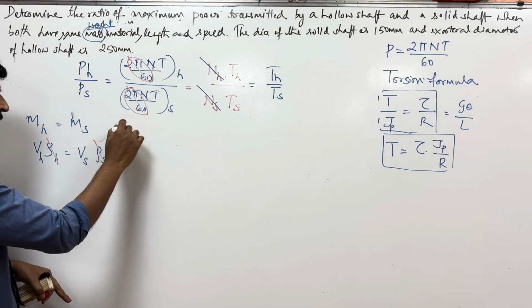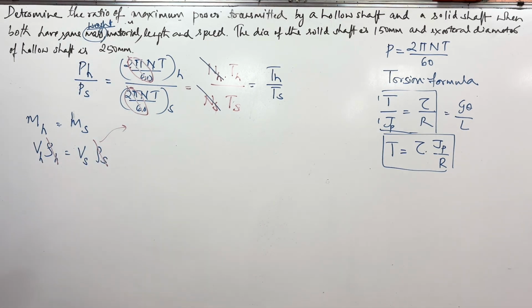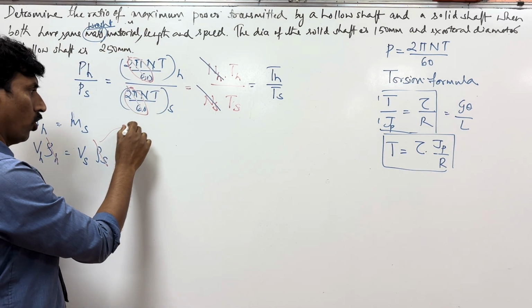Okay, I am writing this again here. I am trying to equate the equation. Volume of the hollow shaft is equal to volume of the solid shaft, for the same length, because length is also the same. Volume is nothing but cross-sectional area